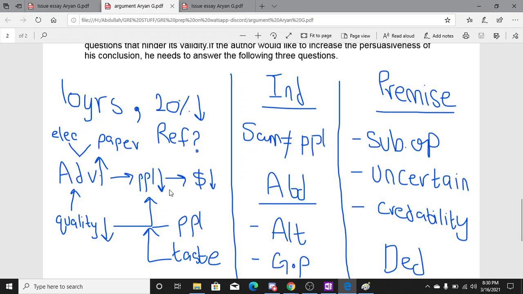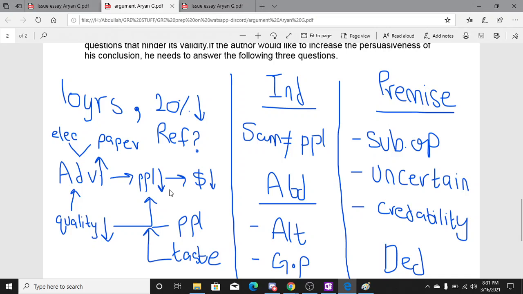provides for his arguments. So let's say we have a premise, right? The number one thing that you should be looking for is subjective opinions, which are basically open to many interpretations, from human to human. So let's say I say that the increase of my salary was amazing. It may be an increase of, let's say, I don't know,